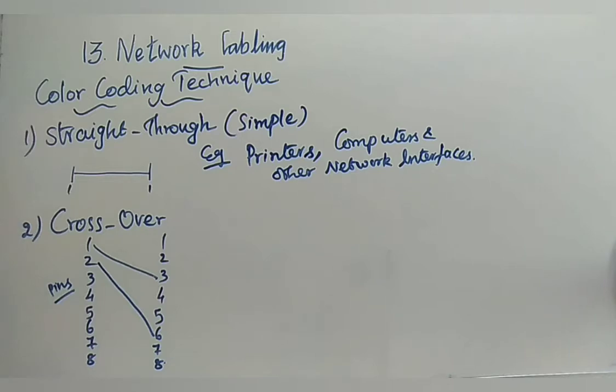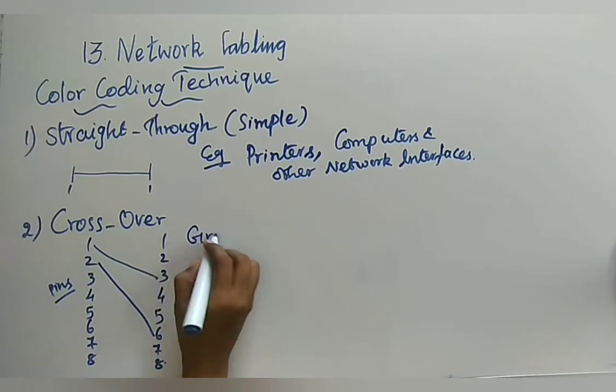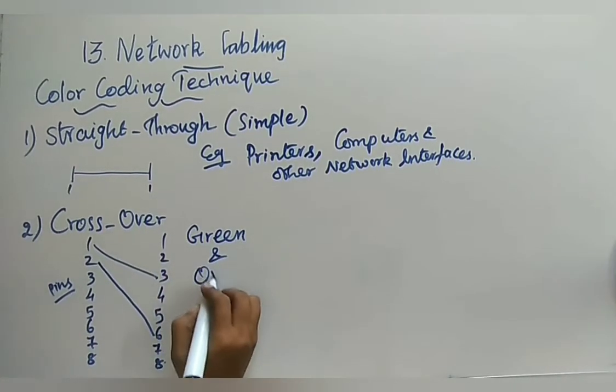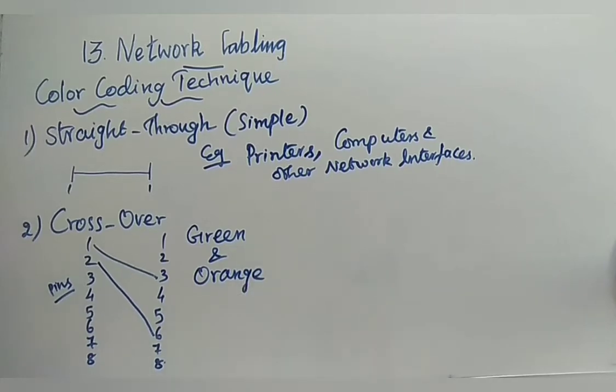Similarly here, mainly 2 colors of cables will be working. What are the colors? Green and orange. The green and the orange color will be working here. That set of wires will be working for the purpose of connection. The remaining, as we have already discussed, will be reserved. So whatever is connected with the green and the orange color will be performing the task of connection.